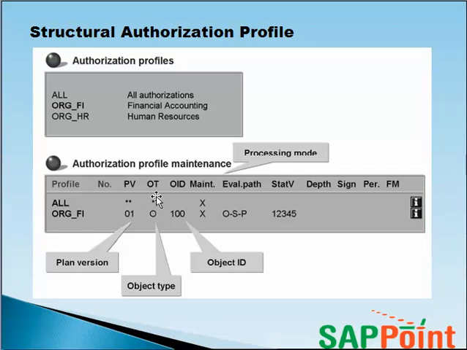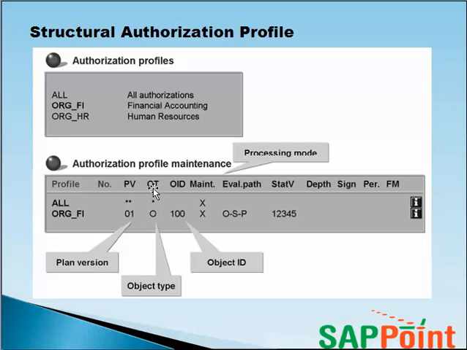The object type column or the object type field, in that you can specify only object types that have an 8 character ID. Now, you have to remember that in general, structural authorization checks are not carried out on external objects such as cost center, which have a different key or code. Cost centers are not generally 8 character IDs.